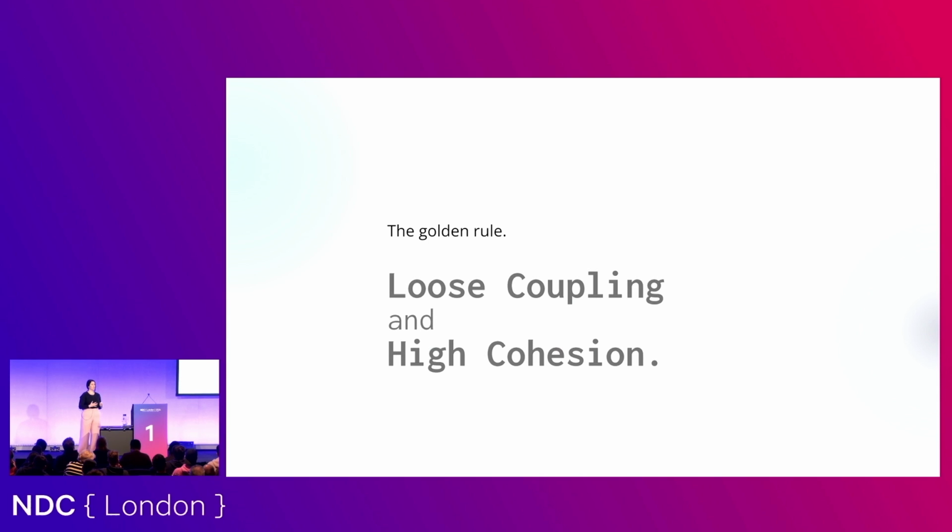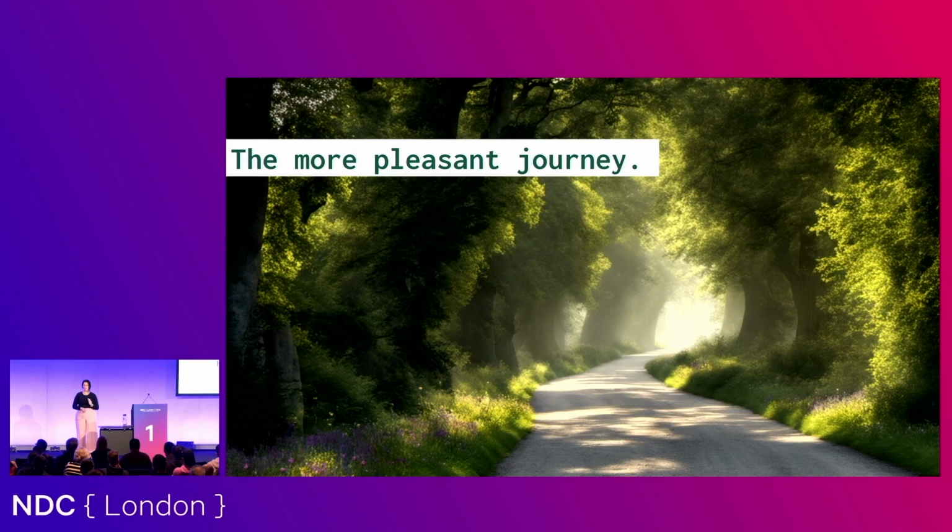Now, the golden rule, this sort of comes from DDD, domain-driven design. I know just enough of DDD to be dangerous. I have a colleague who is like a world-class DDD expert, and he's always like, oh yes, you must do this, you must do that. And I'm like, yeah, I don't want to do that. No, that doesn't make sense to me. And he rolls his eyes at me. So I know just enough, and I think this is one of the rules that you should always try to keep in mind. And it applies across so many different aspects of software. So loose coupling and high cohesion. This is important, remember it.